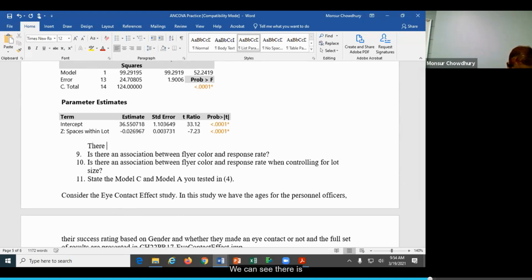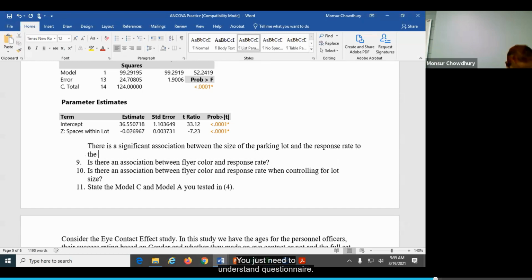So we can see there is a significant association between the size of the parking lot and the response rate. You don't need to type because I will upload the solutions. You just need to understand.